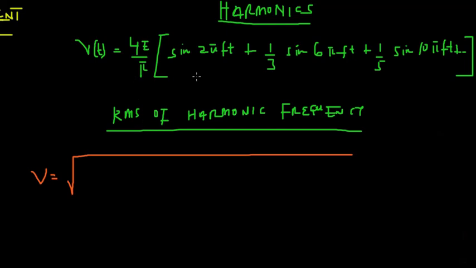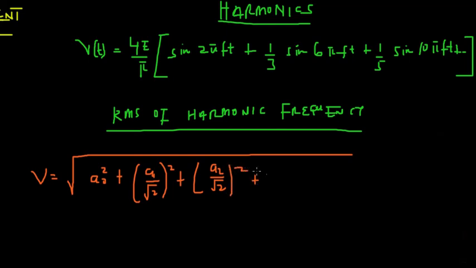This is how you write the general formula: A naught squared, plus A1 root 2 all squared. Since they are sequences, they are continuous, that's how we represent the entire formula, plus A3 root 2 squared, plus